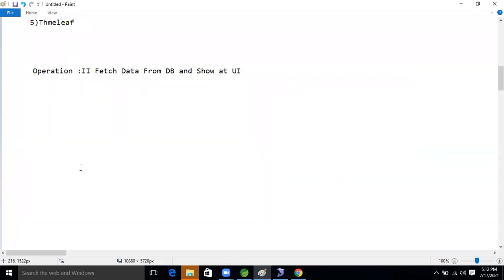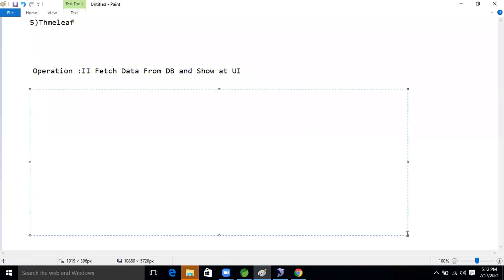So the first operation, where will we start the coding from? The repository, right? If the code is already there in the repository, because everything is there by default.